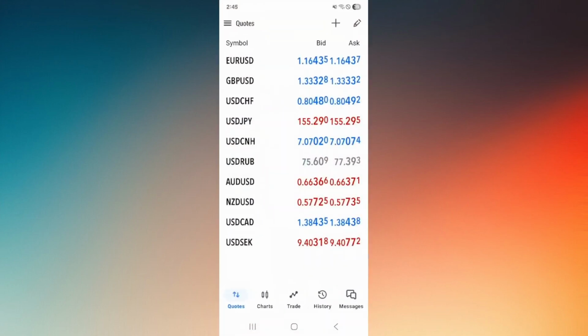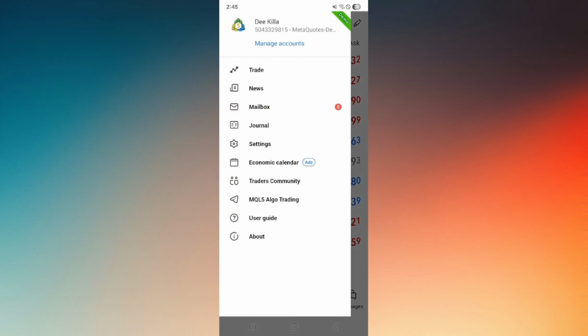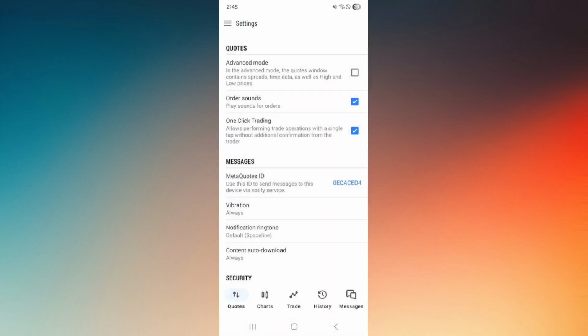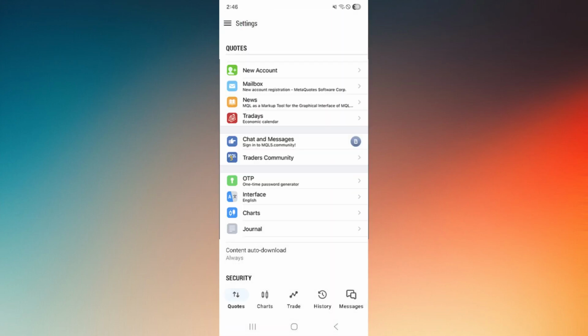and then open up your MetaTrader 5 account. Now, once you fully open up your MetaTrader 5 account, ensure that you're already logged in, and then at the top left portion of your screen, you should be able to see three lines. Simply tap on Settings, and then on Settings, all I have to do from there is simply choose